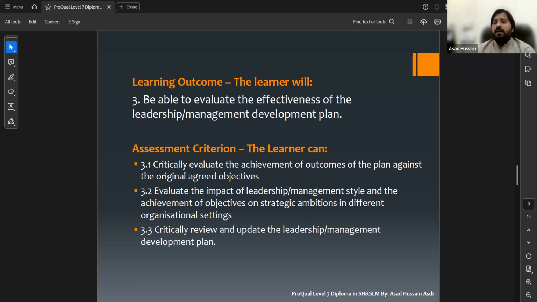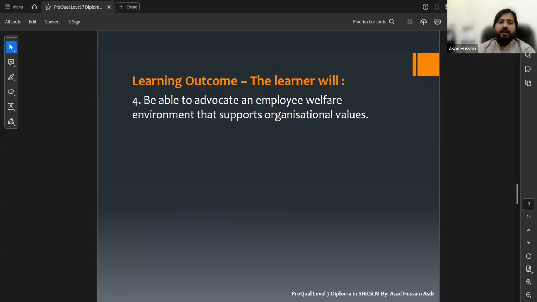For this purpose, the candidate can support his narrative and explanation by providing evidence in the form of reviews and updates, the corrective actions made on the development plan for achieving strategic ambitions. Okay, that will be enough.